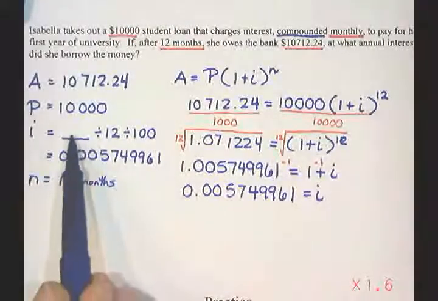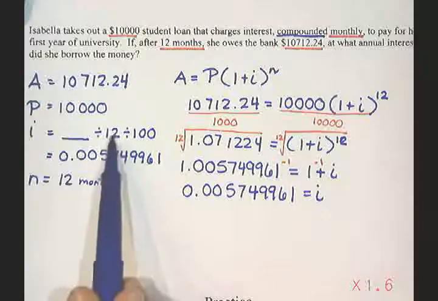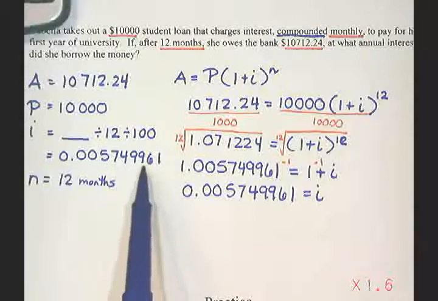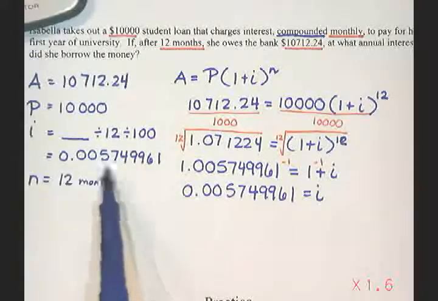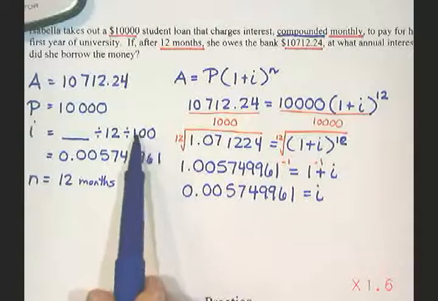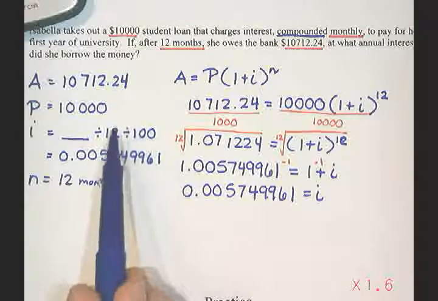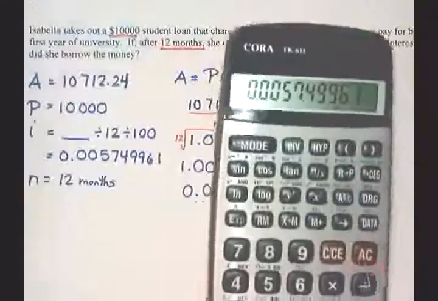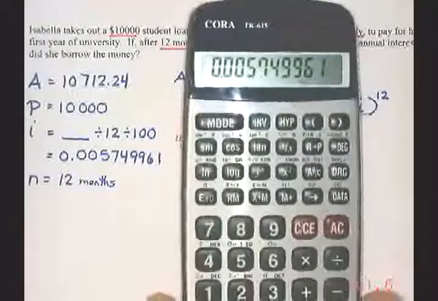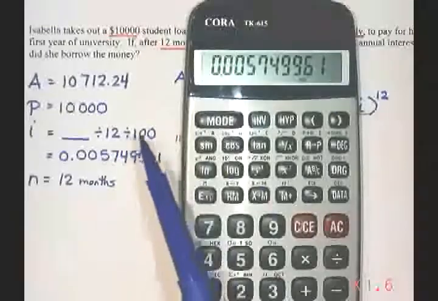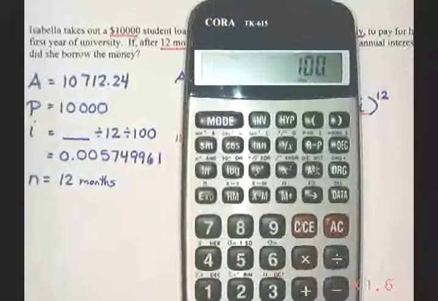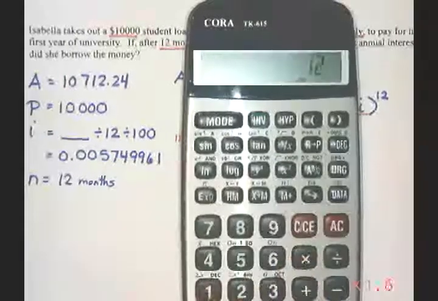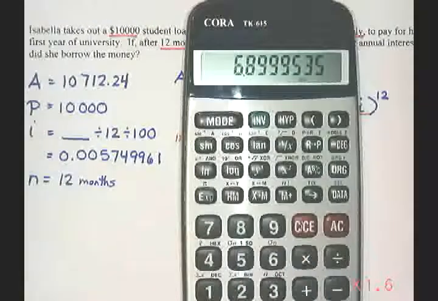Now how did I get this number? Well, I took something, divided it by 12, divided by 100 to get this. So if I want to go backwards, what we're going to do is take this number, multiply by 100, and then multiply by 12 to figure out what the original interest rate was. So there's my number, right? We divided by 100 to get this number, so we're going to times by 100. And we divided by 12, so I'm going to times by 12, and I get